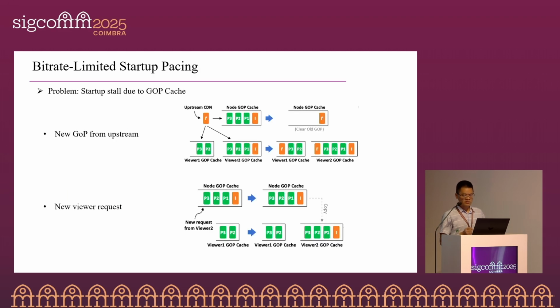Now, our third optimization tackles startup stalls due to the GOP cache at the edge CDN. Here's how the caching works. Each edge node maintains two levels of GOP cache. The node level cache holds